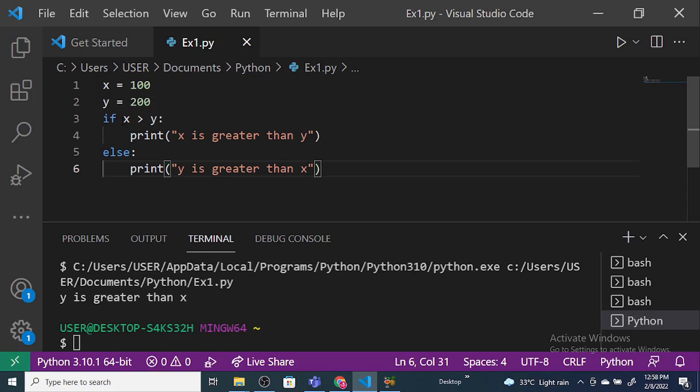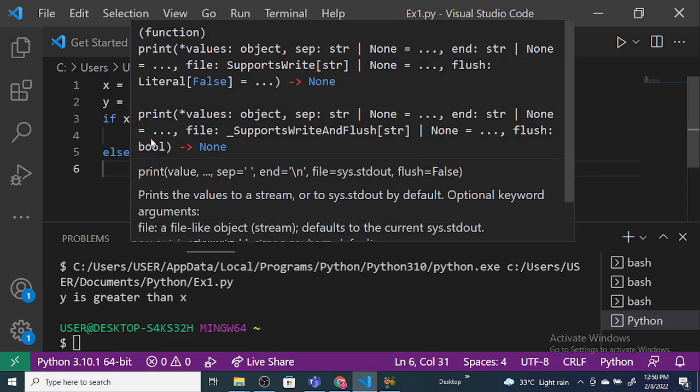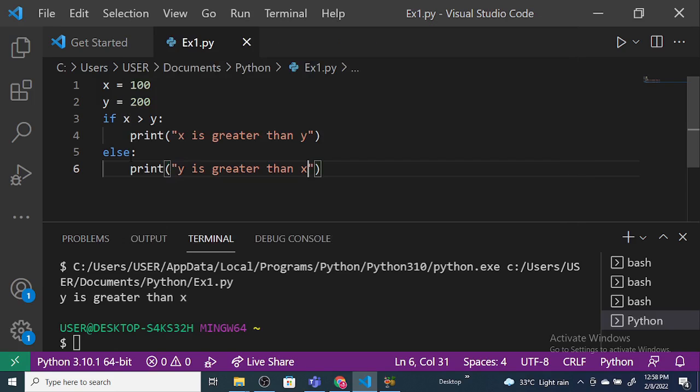And this is how you ask questions, or find out conditions, in Python. Is x greater than y? Is 100 greater than 200? Oh no, it's not true. So Python evaluates this, and the code under the condition will only run if the Boolean is true. Because Python is saying x is not greater than y, it's false. It skips the code,